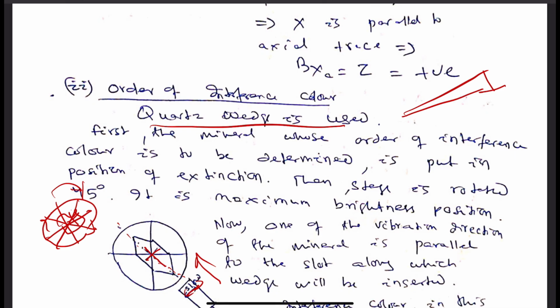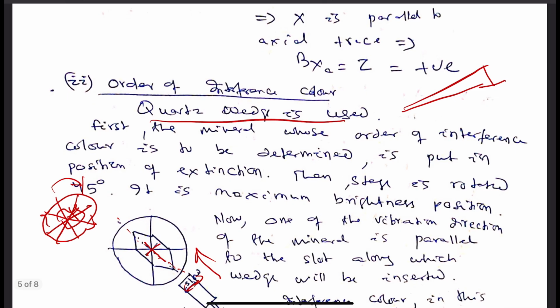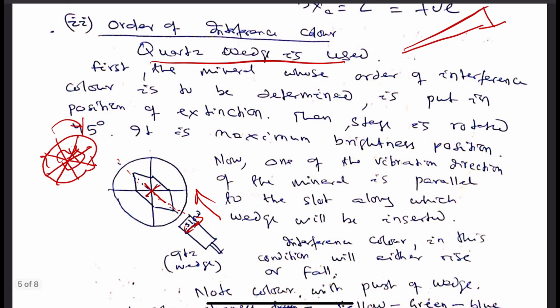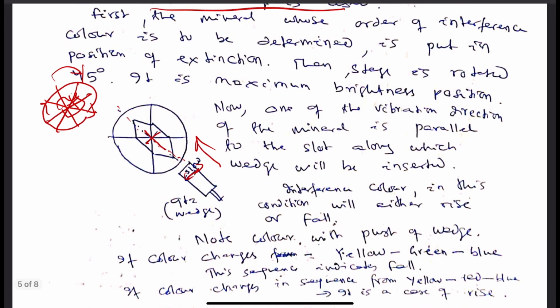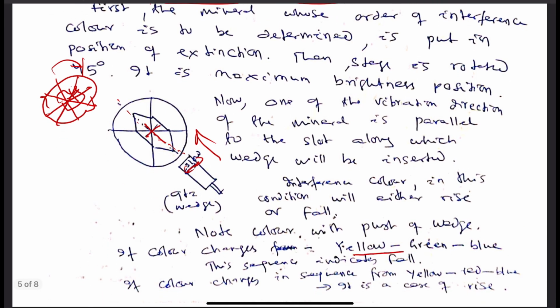If the color changes forward from first order to second order, or from second order to third order, or we can say the color changes from yellow to green to blue, yellow, then green, then blue, it is indicating a fall, because we have the order like this: gray,